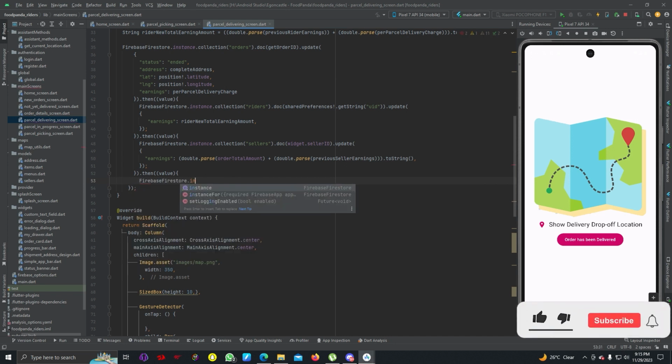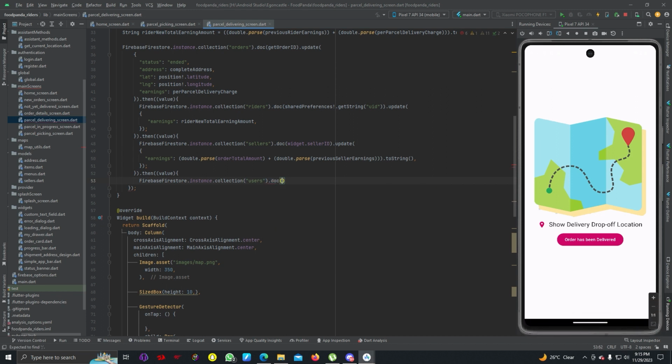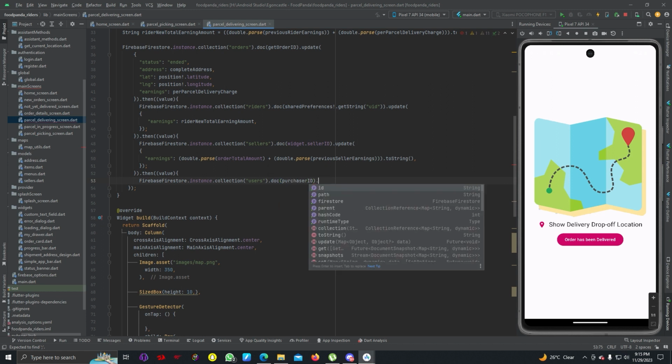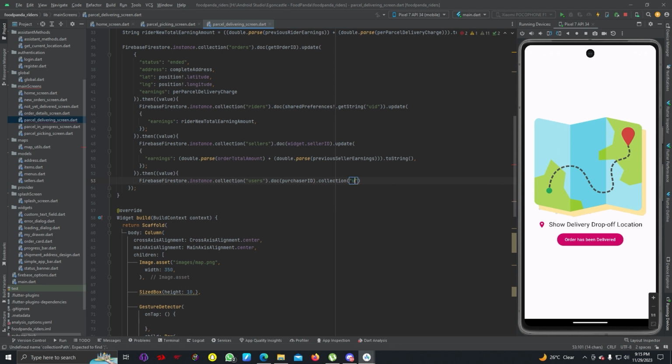firebase firestore dot instance dot collection users dot doc purchaser id dot collection orders dot doc document get order id dot update,